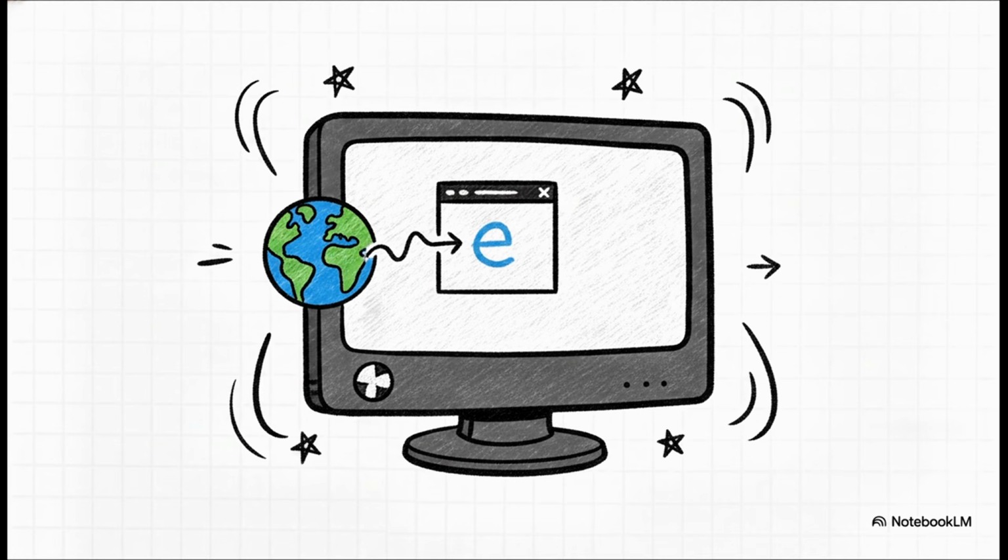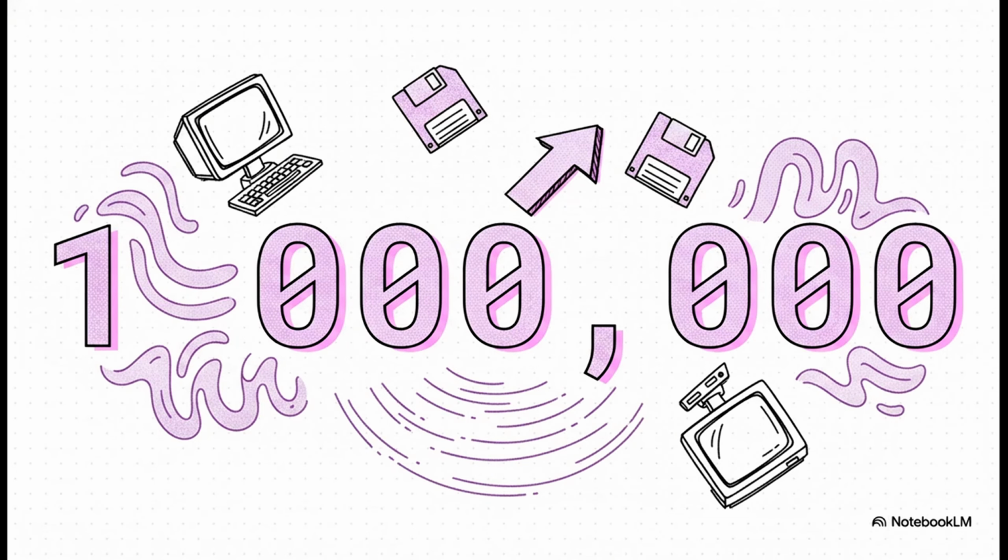You didn't have to manually launch it from MS-DOS anymore. It loaded automatically on startup. It introduced the now iconic Start button in the bottom taskbar, finally making navigation intuitive for everyone. And crucially, it included a built-in gateway to the emerging World Wide Web, the Internet Explorer browser. To really understand the sheer cultural impact of Windows 95, you just have to look at this number, 1 million. That is how many copies Microsoft sold in just its first 4 days on the market.